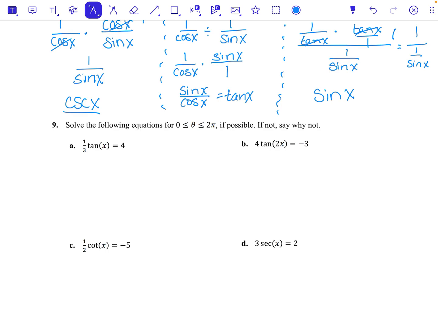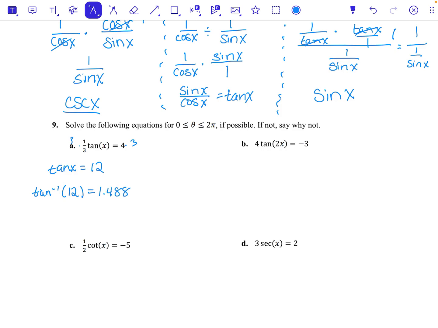All right, so goal 1, we want to get that tangent of x on sort of its own. So we're going to multiply both sides by 3, and so we get tangent of x equals 12. I need to figure out the angle measure. That's going to get me a slope of 12, so I'm going to use inverse tangent of 12, and I come up with